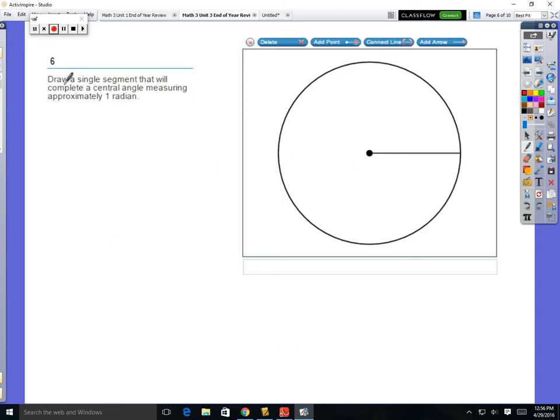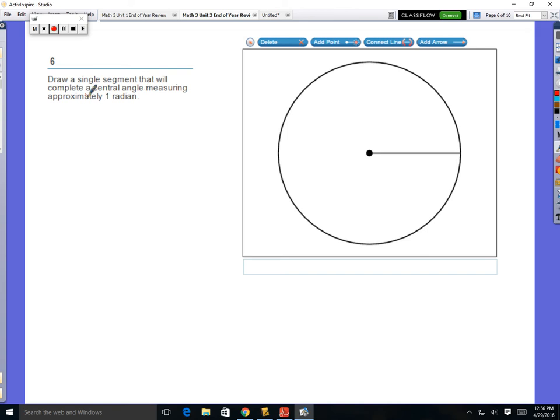Number 6. Draw a single segment that will complete a central angle measuring 1 radian. Okay, 1 radian. So, in the unit circle, 2 pi is equal to 360 degrees. 1 pi equals 180 degrees. Okay, so now the tricky thing is this is 1 pi radian